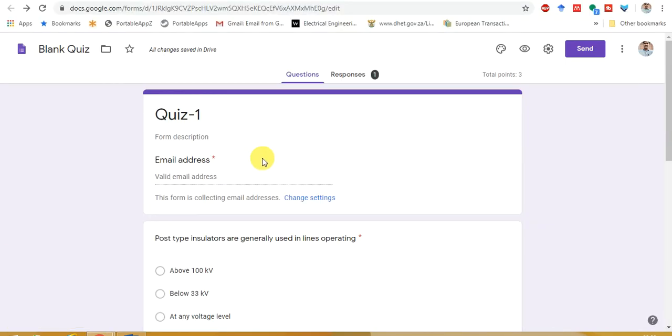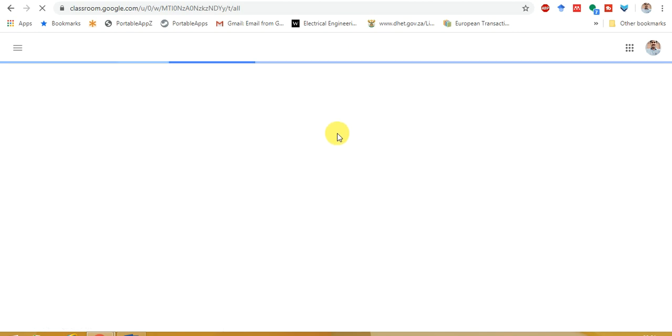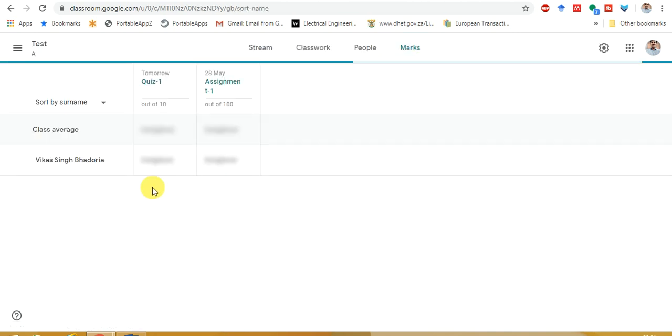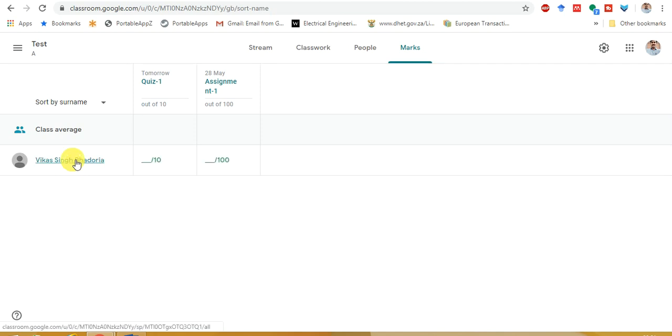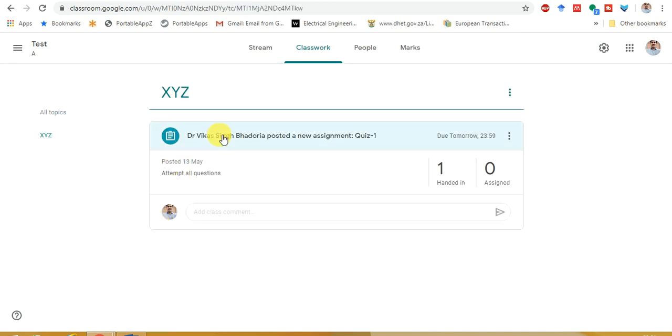And in the faculty section, you will see that one student was assigned the quiz. He has attempted, and now you will see the marks. If you want to see the marks, this was for assignment 1, this is for Quiz 1, classwork, Quiz 1.